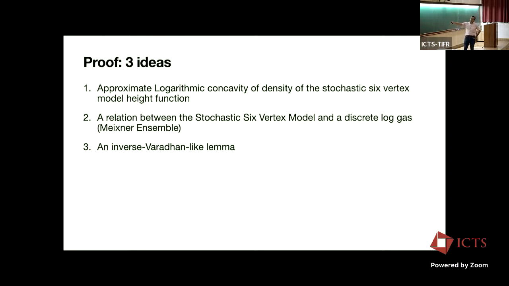Later, I will introduce how to relate the height function of the stochastic 6-vertex model with the log gas that appeared in the theorem, and finally I will state an inverse Varadhan-like lemma, which is going to allow us to conclude. I will explain hopefully in detail what all of these words mean, because